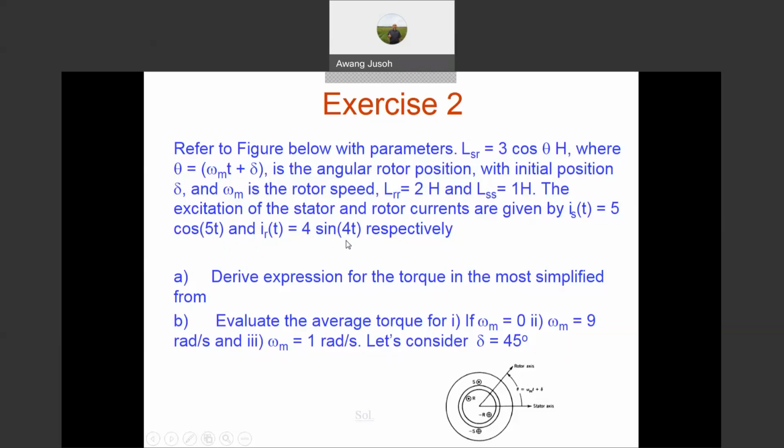As I mentioned before, whenever the motor rotates at a frequency omega s plus omega r, which is 9 radian per second, then we get torque. So you can see here, at omega m here, you get torque. So number 2, definitely we can have torque there. Another one is when 5 radian per second minus 4 radian per second, that means we have 1 radian per second, which also produces torque. So number 3, speed at 1 radian per second, we expect we get torque. But for number 1, speed 0, we expect the result before you calculate.